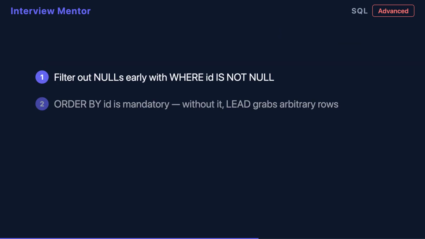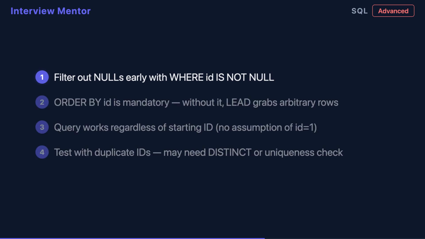Don't forget edge cases. First, always filter out null IDs up front. Nulls break sequential comparisons and pollute your results. Second, if your IDs don't start at 1, your query still works because you're comparing consecutive rows, not absolute values. Finally, test with duplicates. If your ID column isn't unique, you may need distinct or a constraint check before running